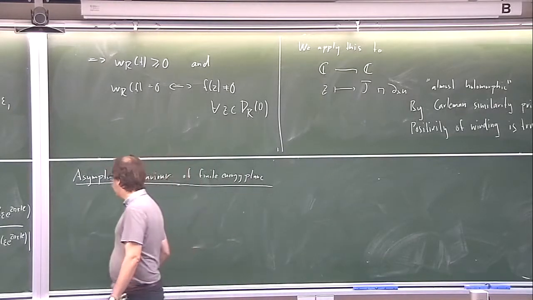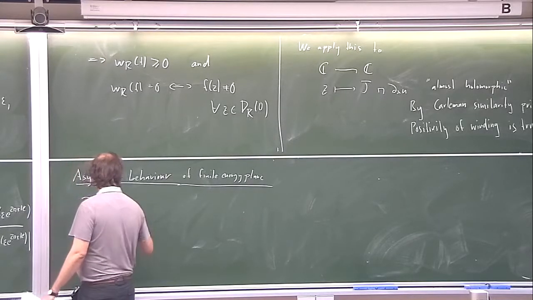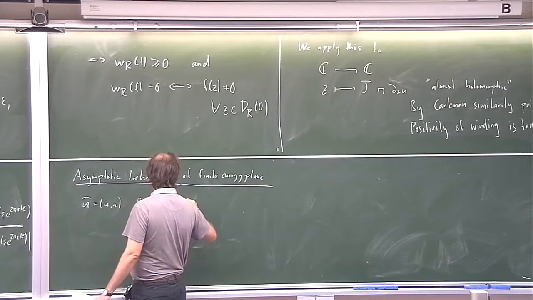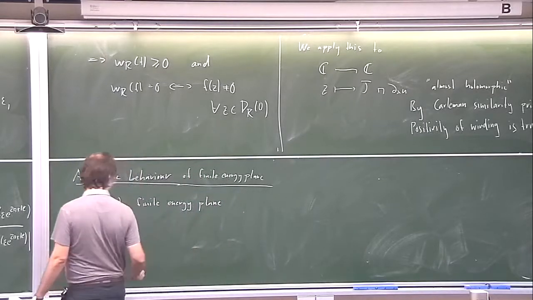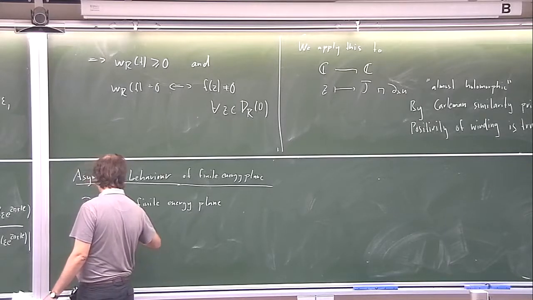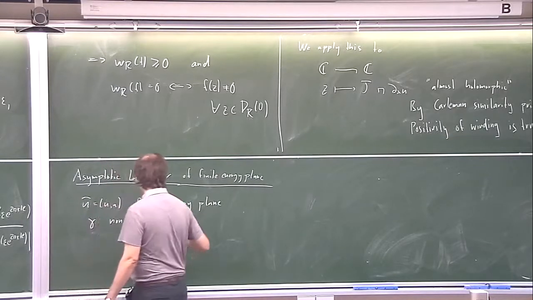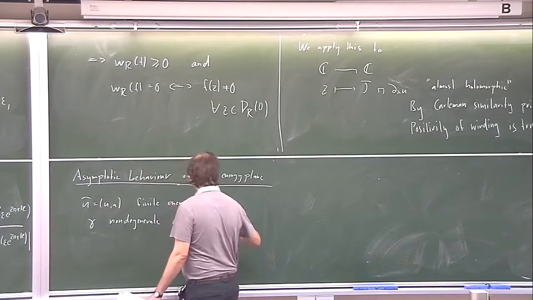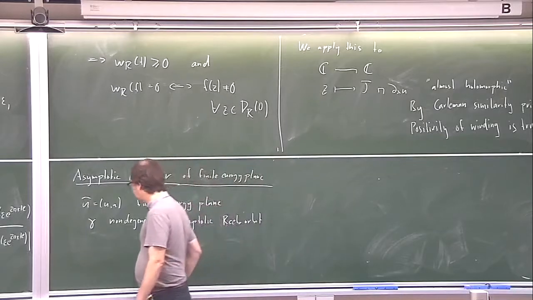So if we have ũ a finite energy plane, and gamma is a non-degenerate asymptotic orbit, Reeb orbit, then